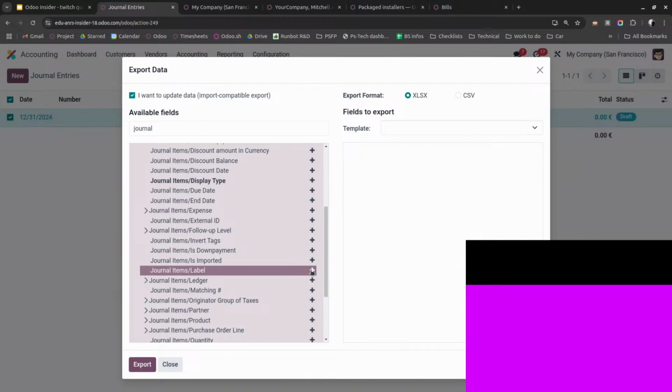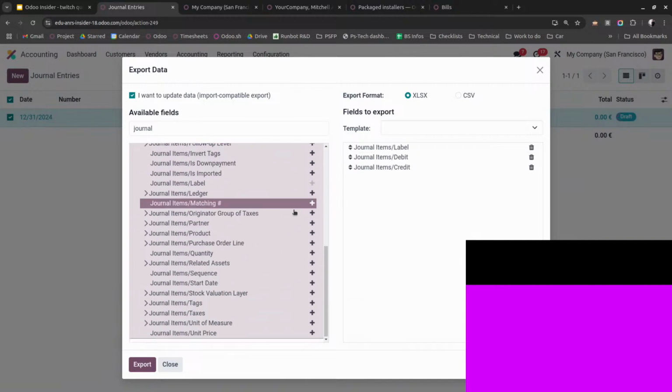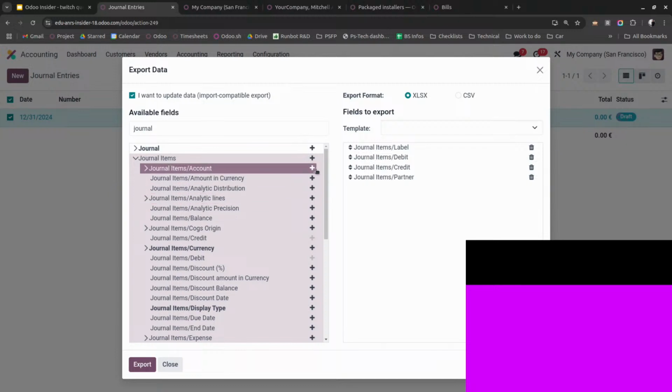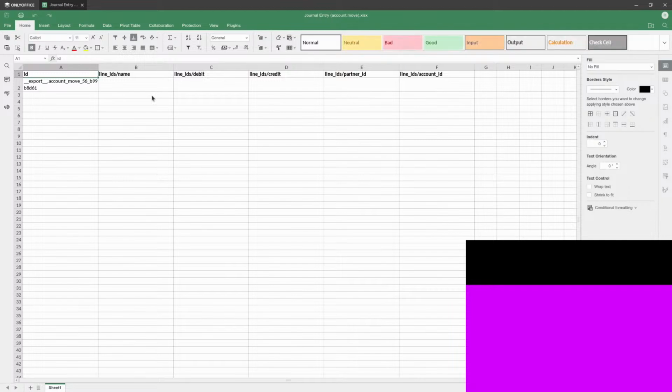Here, for example, the label, of course, the debit, the credit, the partner maybe, and the account, of course. This template that we can see here is the one that you can use if you want to import things in Odoo. So once again, here I show it